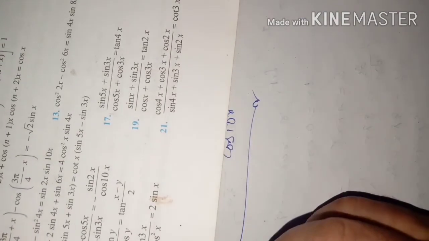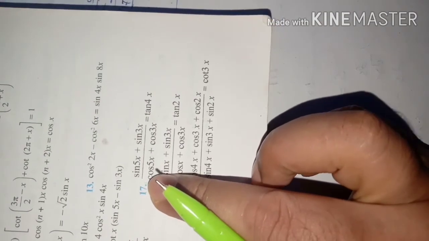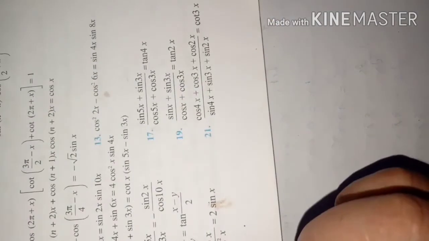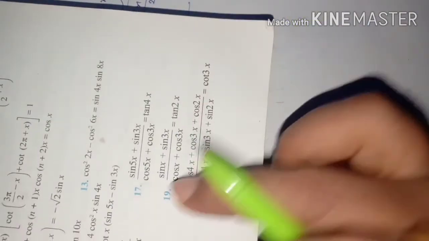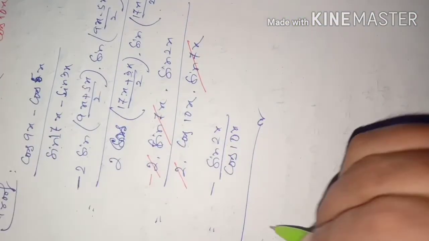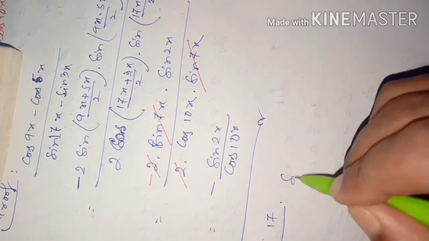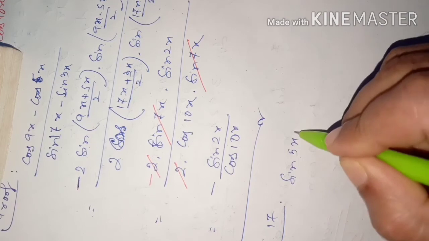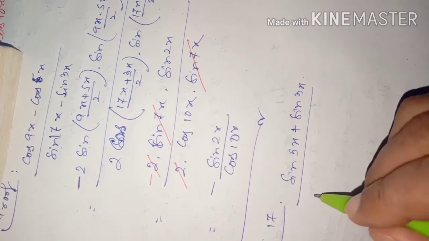Let's go to another question. Let us think about 17, no? You want 17 or you want 18? I don't know, but I am thinking 17, okay? Let us see 17, that is (sin 5x plus sin 3x) by (cos 5x